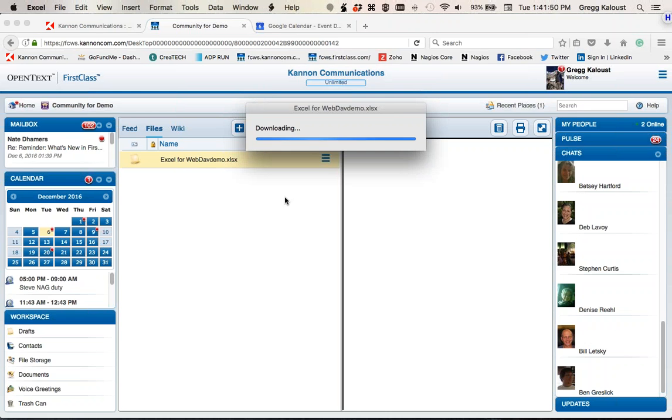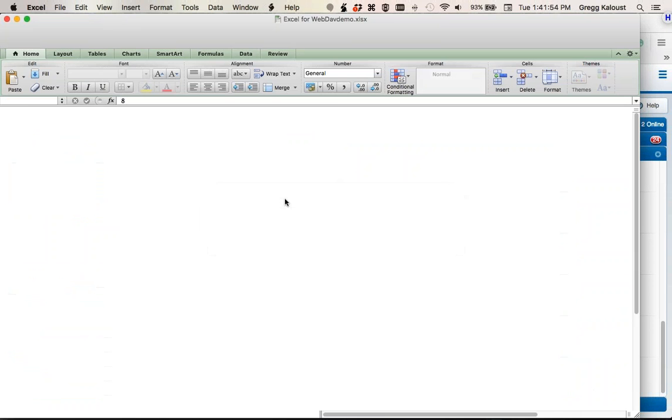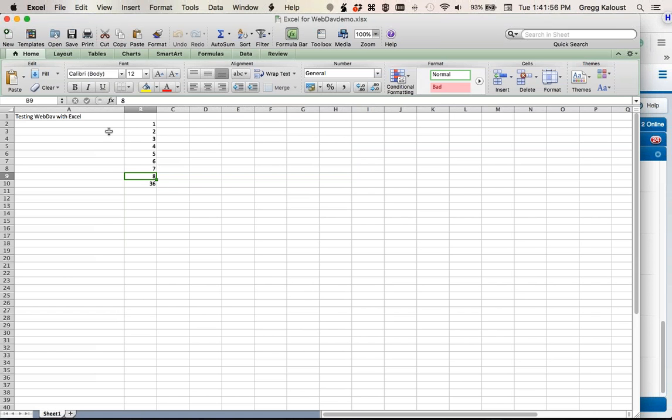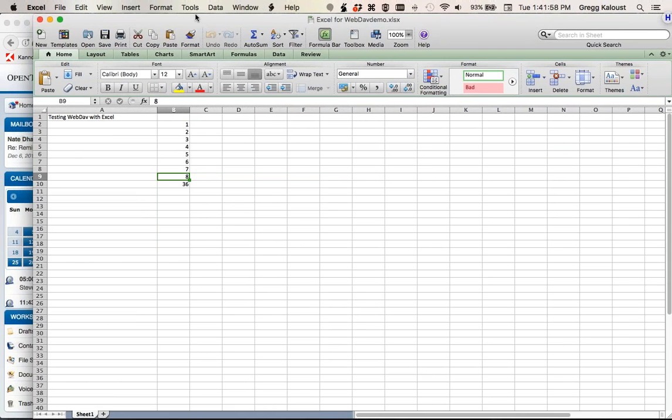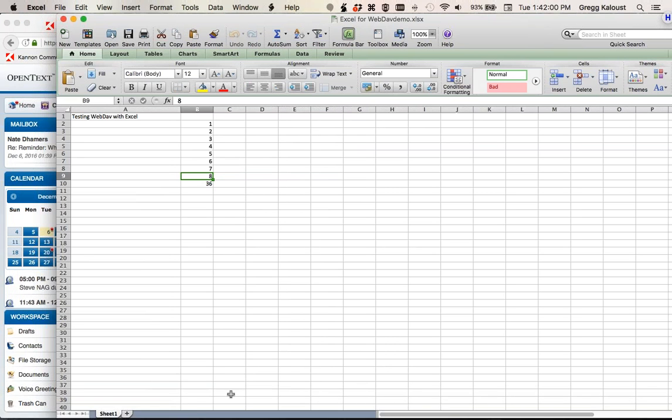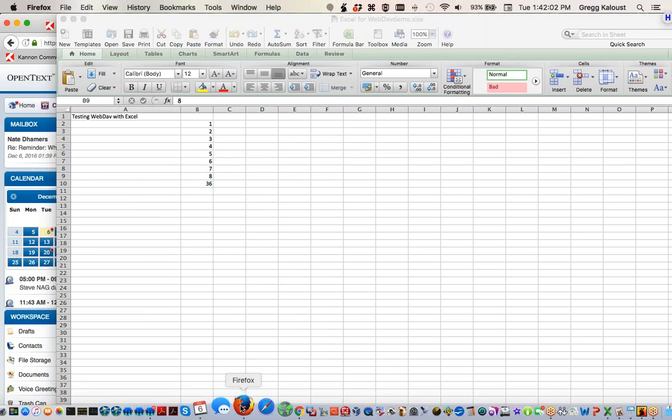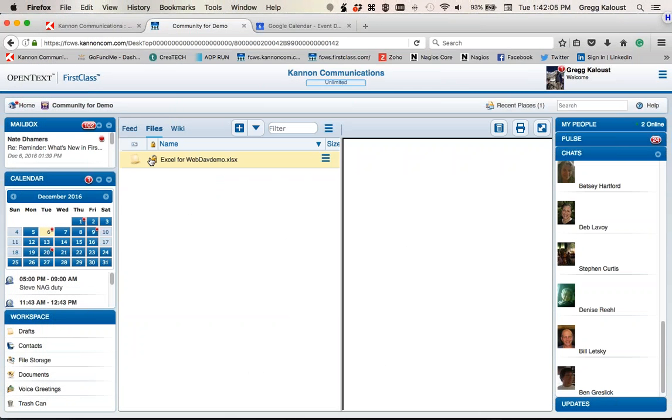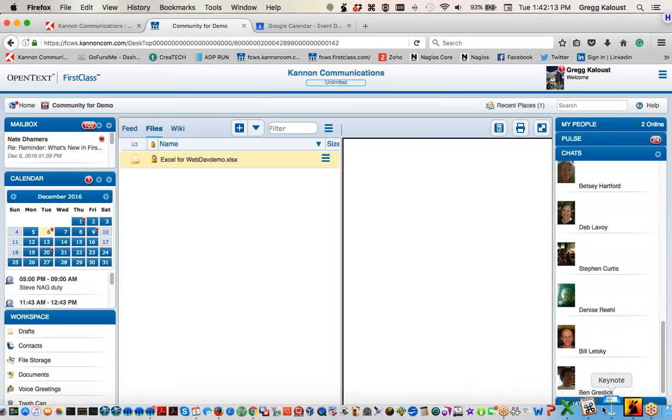And with any luck, it's downloading the file. It should be opening the file. There's a file that's open, and you can see on the FirstClass window that when I downloaded that, a lock appeared. So that file is now locked, so people can download it, but they can't edit it. But if I come back over here to Excel